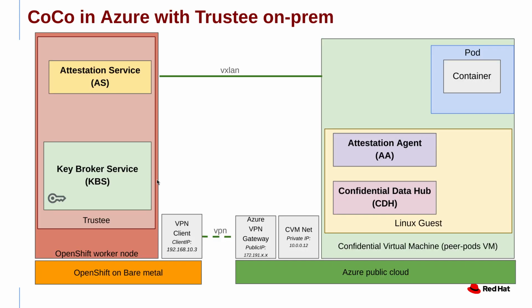And after the pod is scaled to Azure, we run the pod with confidential containers. This picture shows the confidential containers in Azure and trusted on-prem. You can see we set up the VPN between the on-prem cluster and Azure. Also, with the confidential containers, when the workload starts running,